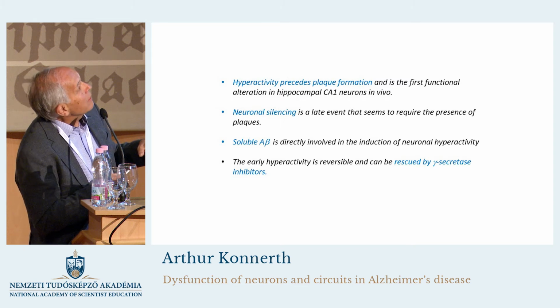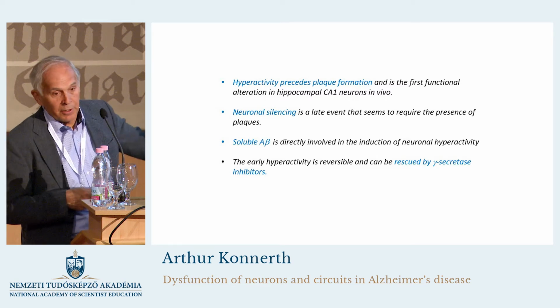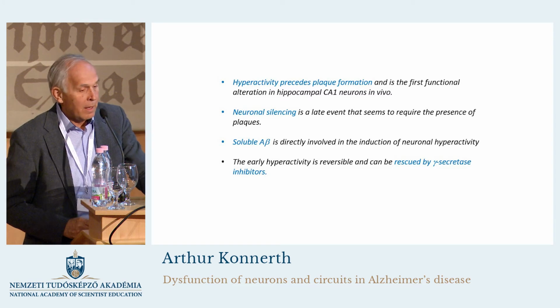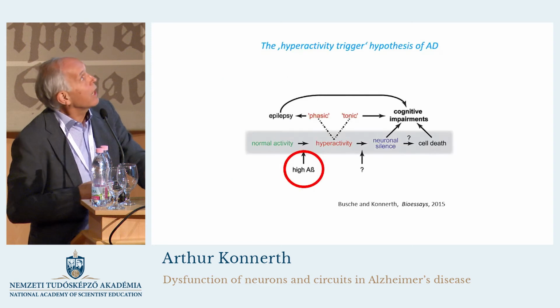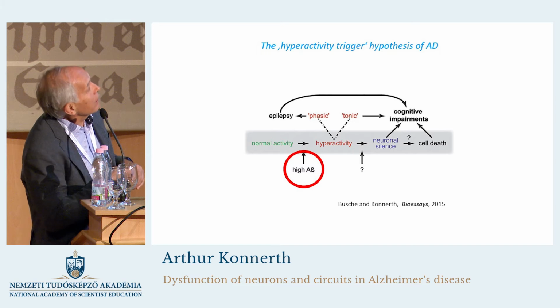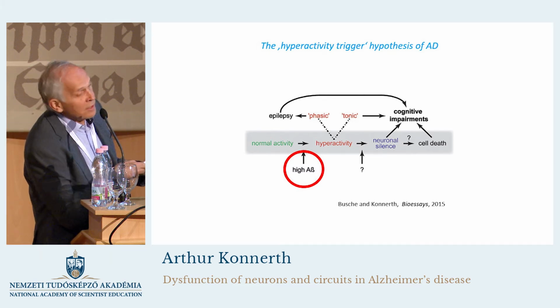Cellular A beta is directly involved in the induction of hyperactivity, and the early hyperactivity is reversible and can be rescued by gamma secretase inhibitors. You remember from my slide, gamma secretase is important to cleave APP and to actually produce A beta. So with this knowledge and quite a number of other papers, we came to what we call now the hyperactivity trigger hypothesis, namely that the main factor in inducing the pathological changes is the early increase in soluble